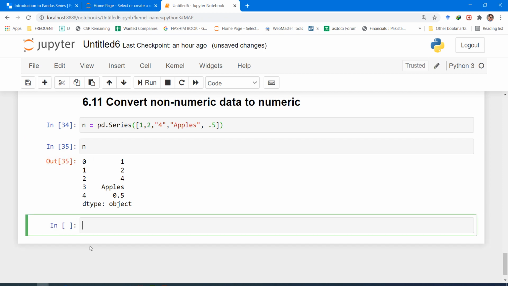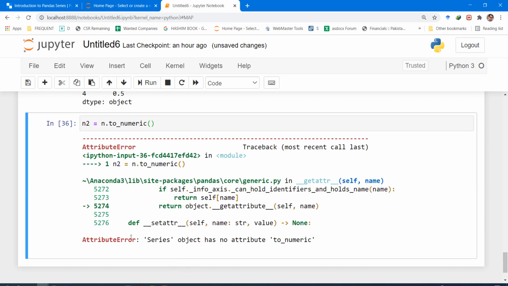Let's create another series, n2, and since the series name is n, we type the function to_numeric, and we get an error.